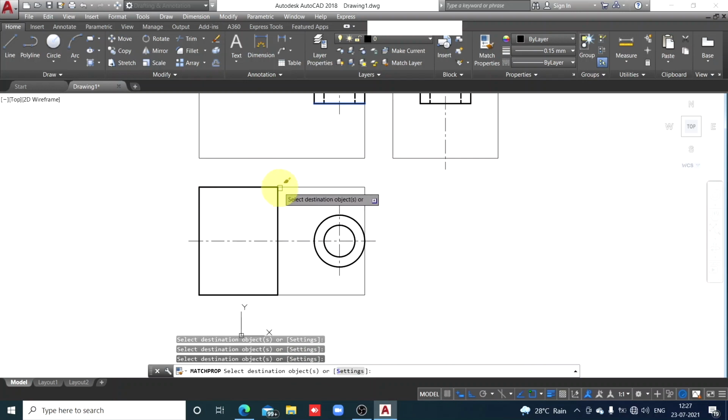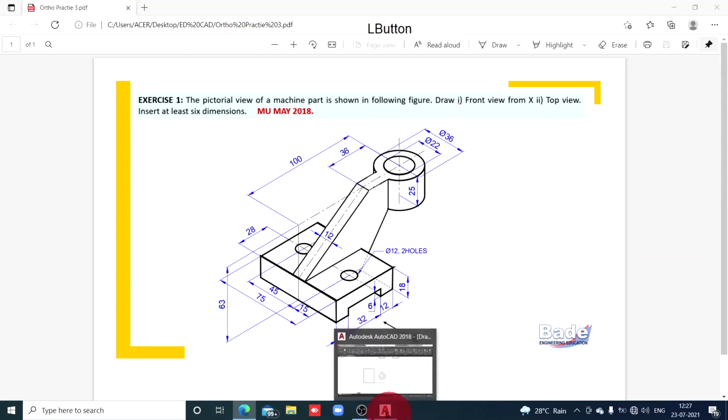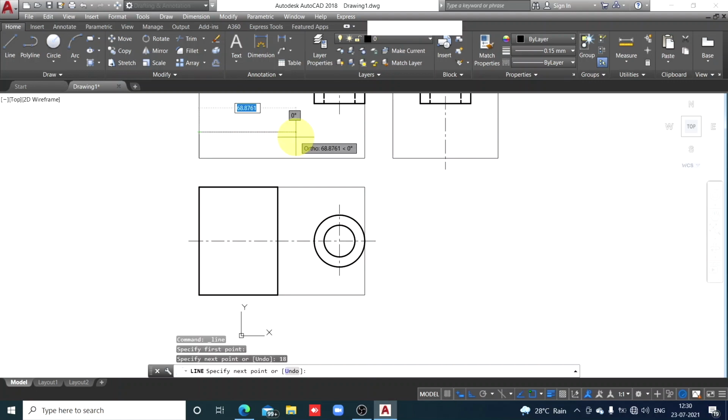Now length of this rectangular block is 56, that will appear in the front view 56. And height of this block is, let's check it, height of this block is 18. Okay. So length 56 and height 18. So here at the base 18 height, 18, enter, then 56 width, enter, then perpendicular at the base and complete that rectangle.